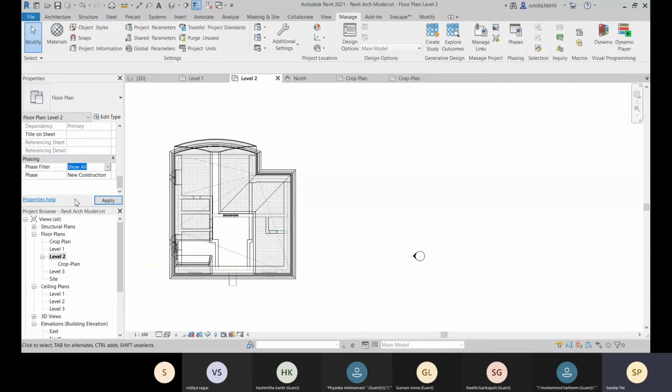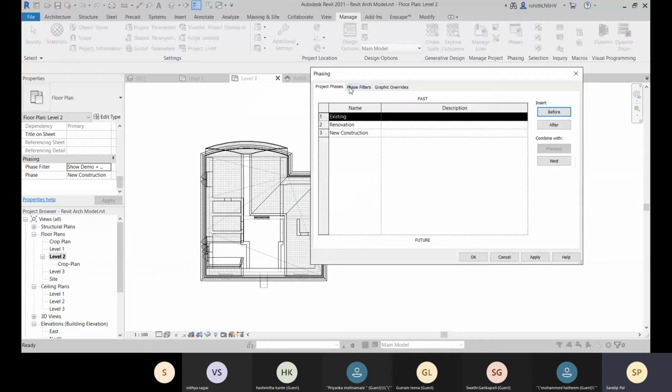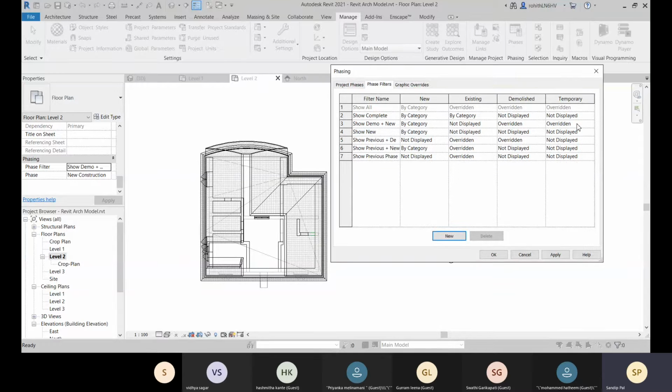And if you change for this show demo plus new, and if you click on apply, this will be what will be visible there. So come to this, show demo plus new. So new will be visible. Existing will not be displayed. Demolished will be overridden, and temporary will be overridden there.